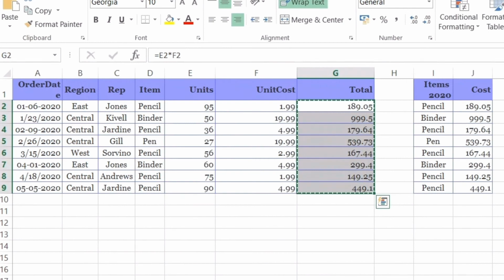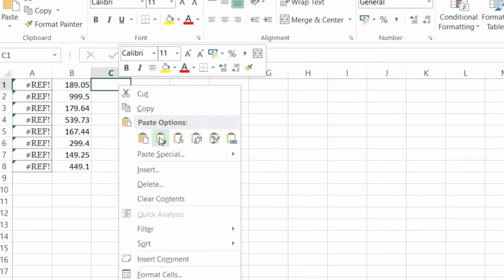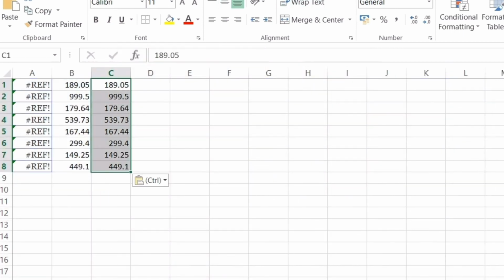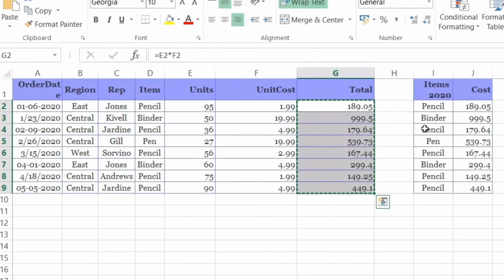So friends, I hope you knew how to copy paste formulas. If you're using formulas and want to paste to another row, table or sheet, if you want those numbers only, go for right click and paste and select these values. If you do that, you get all the numbers here instead of error message, reference, values, all those things.